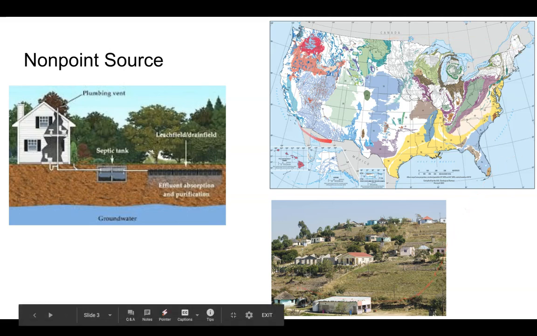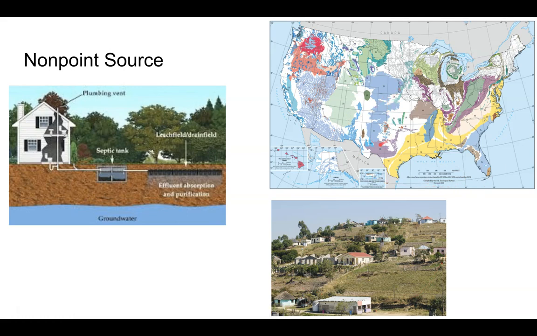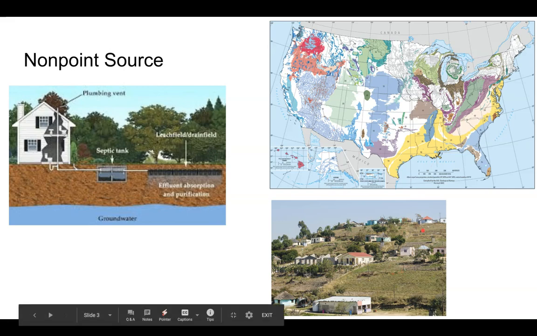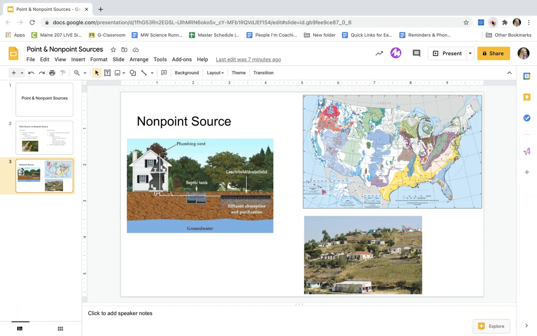And this image is all these different colors are different aquifers. So we now are knowing that there's contamination in this aquifer. Well, this is covering a huge area and a huge amount of homes. Are there a few homes or an area that is causing the issue, or is it everyone? Again, it's probably not everyone. A lot of people will maintain it properly. And so this is why, one of the reasons why non-point sources are so hard to regulate. So that's the big idea with point and non-point sources. I hope that was helpful in that overview.